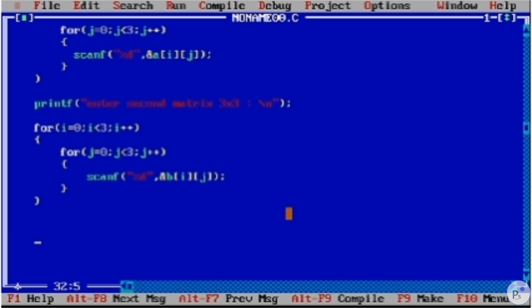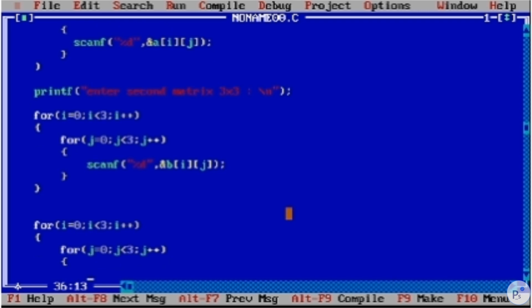It's very simple. Simply do this as we have been doing. For i equal to 0, i is less than 3, semicolon, i plus plus. For j equal to 0, semicolon, j is less than 3, semicolon, j plus plus.